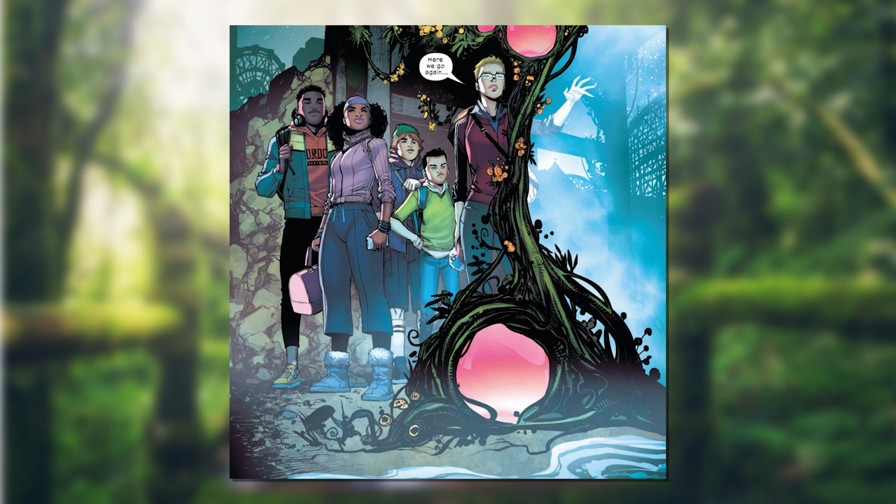I'm going to give it a 2 out of 5, and I'm being very generous. It should probably be a 1.5. But I'm going to be nice, and I do not recommend this comic. It sucks. Honestly, I'm giving it a 0.5 star exclusively for Bernard Chang's art. But even then, I can't give it more than a 0.5 star because